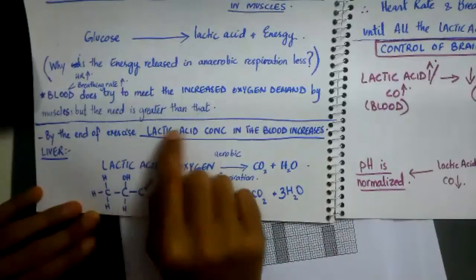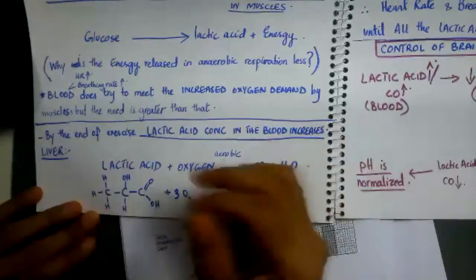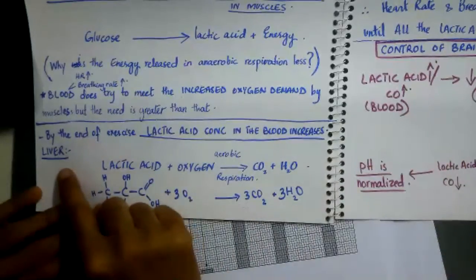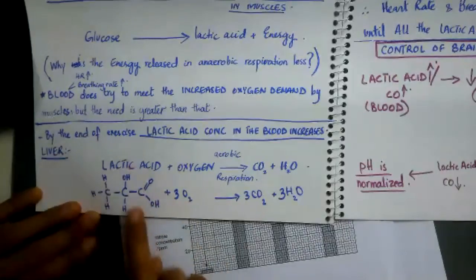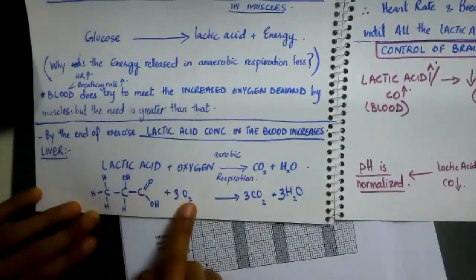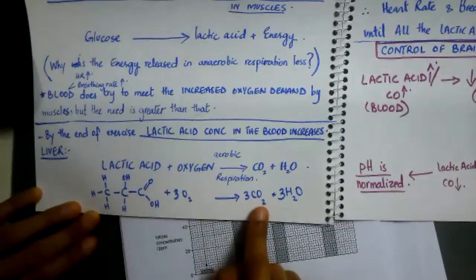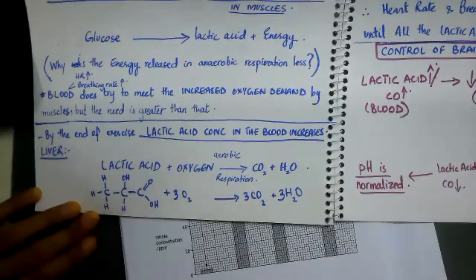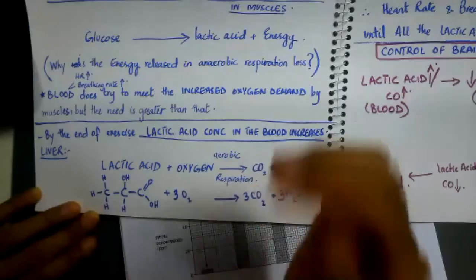So now when the lactic acid is removed from the muscle, where is it taken? It is taken to the liver. In the liver, that lactic acid needs to burn down with oxygen and complete that process of respiration. So this is like an oxygen debt. The books call it oxygen debt,